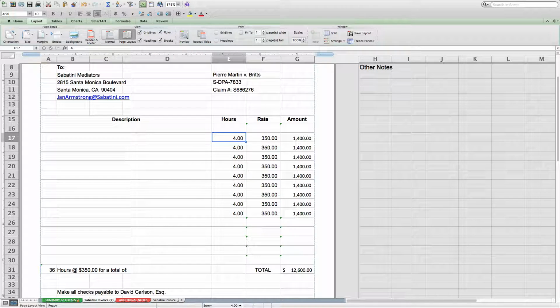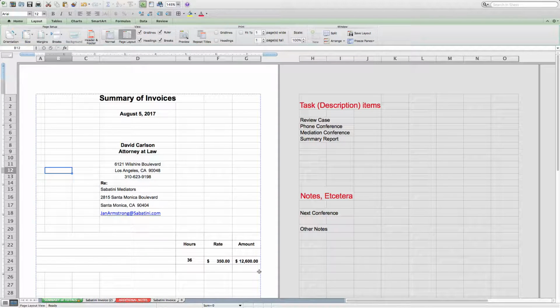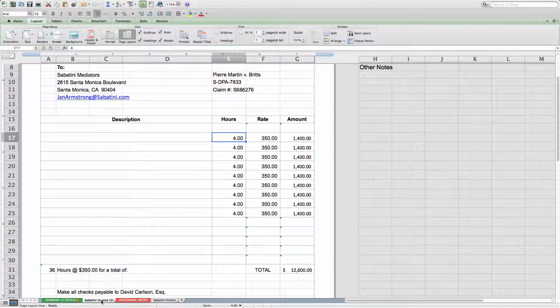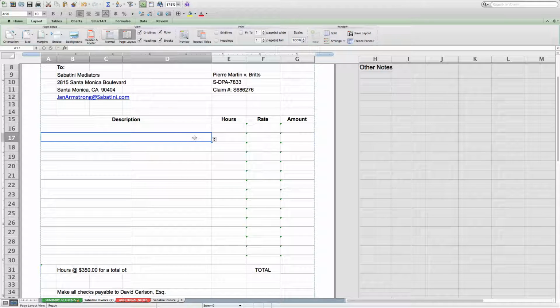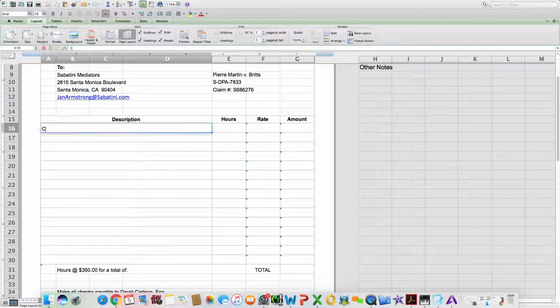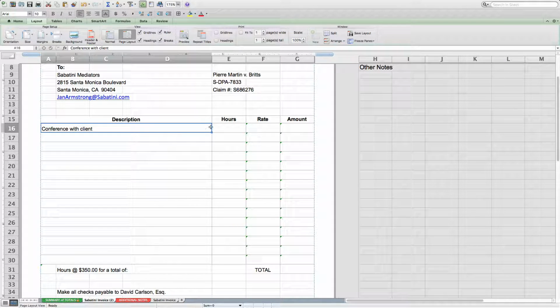Also, all of these figures are being totaled, in this case, to a summary sheet that I set up. This is a sheet that's just going to keep track of all of the invoices. And it will update every time you have a new invoice. But let's get back here and let's go from scratch, because you also have to have some indication of what you're billing for. You can type these in. Conference, for example. And we could set it up that way and just put